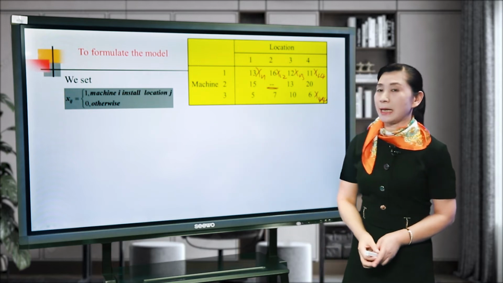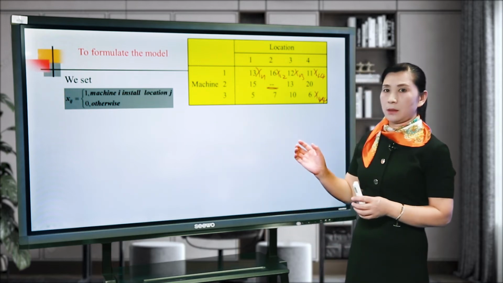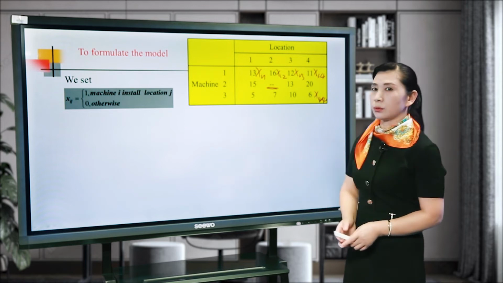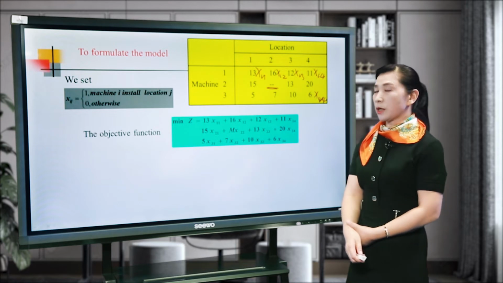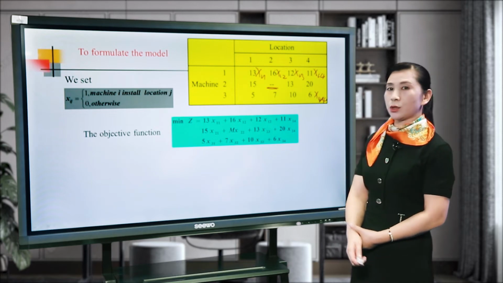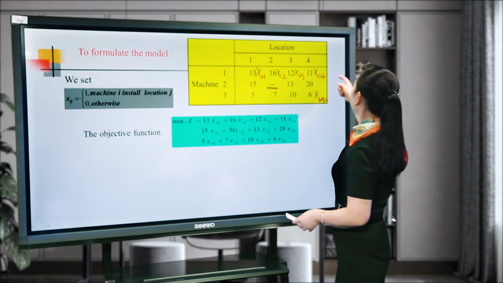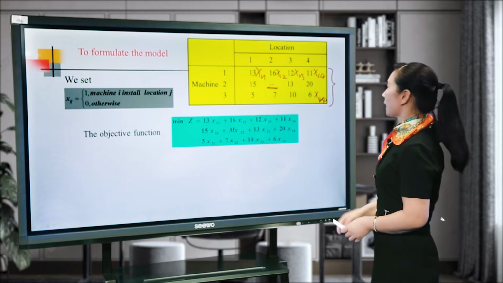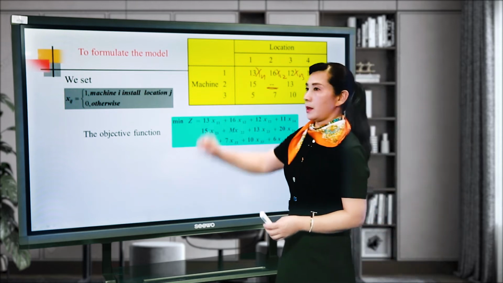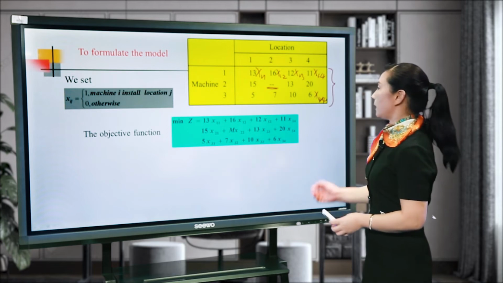This bar means that machine 2 could not be installed in location 2. And the objective is to minimize the total installation cost. We multiply this cost number by the decision variable, so we get the total objective cost: